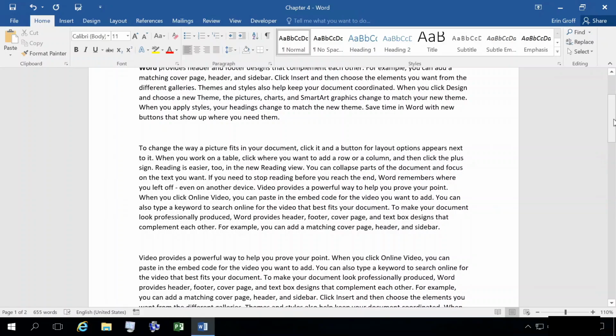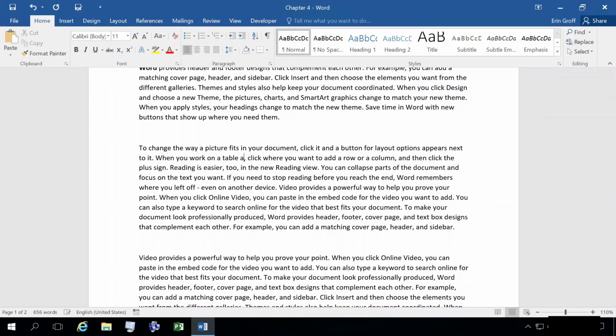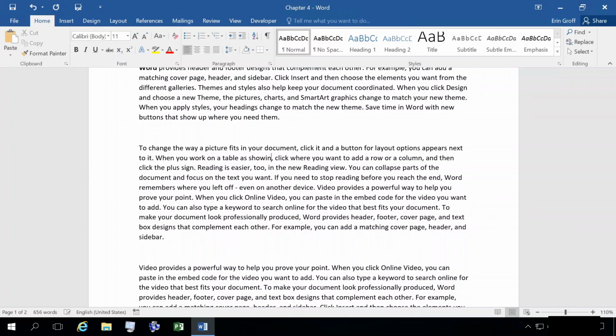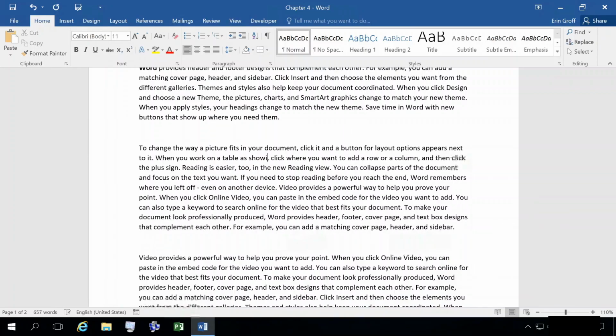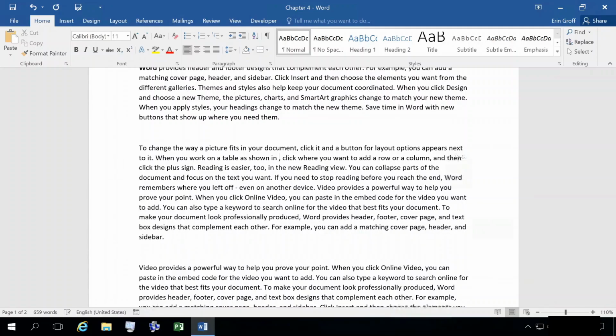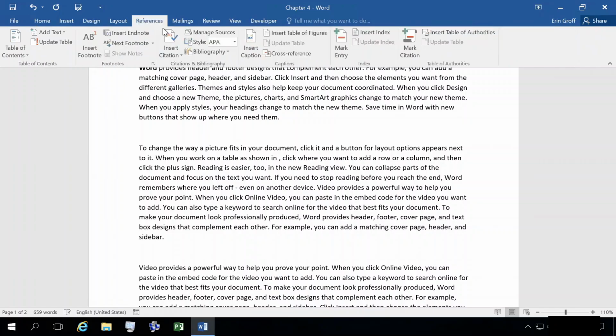So next we're going to go into our second paragraph. To change the way a picture fits in your document, click it and a button for layout options appears next to it. And when you work on a table, we're going to put our cursor after the word table. And we're going to add a space. We're going to add the text as shown in, and another space. As shown in space. We're going to go up to our References tab,